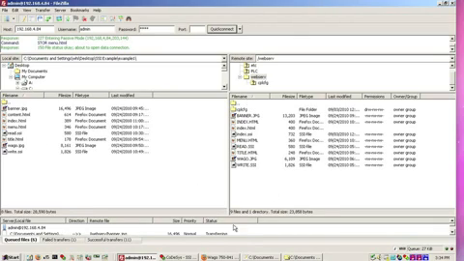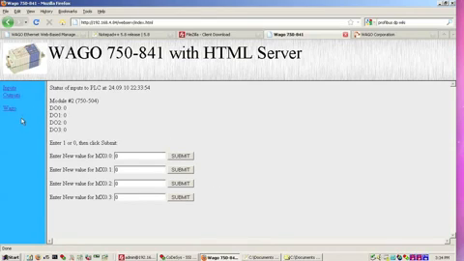So all the files are uploaded now. And at this point we're ready to connect to the index HTML file. So you just want to type in 192.168, whatever your IP address is, followed by the folder and the index.html file, and that's